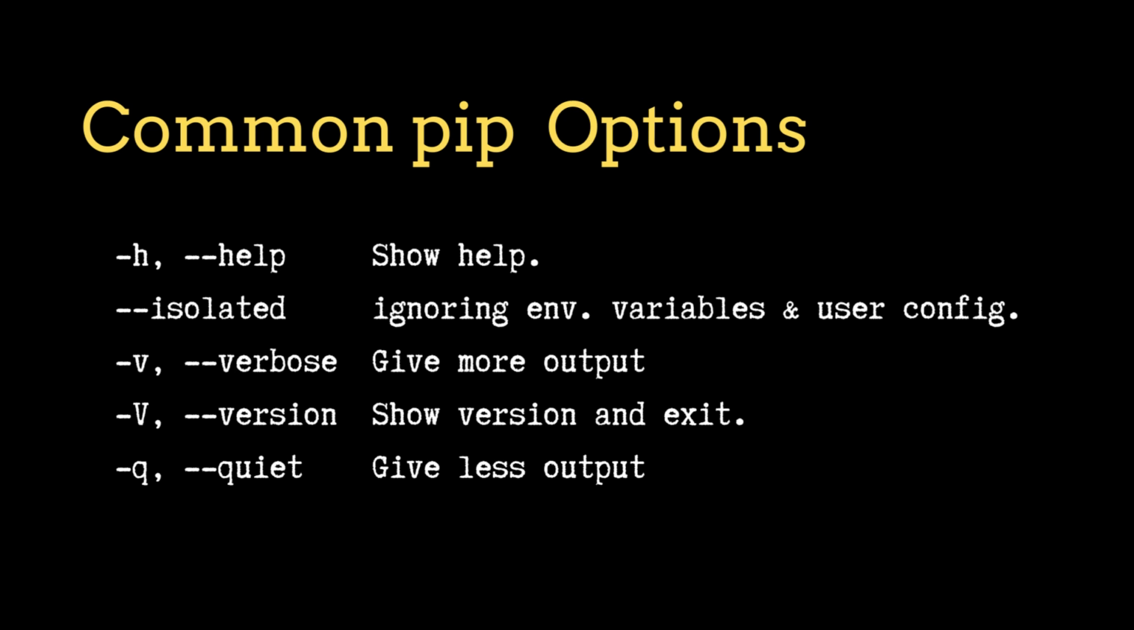Here are some common pip options. -h, --help: show help. --isolated: ignore environment variables and user config. -v, --verbose: give more output. -V, --version: show version and exit. -q, --quiet: